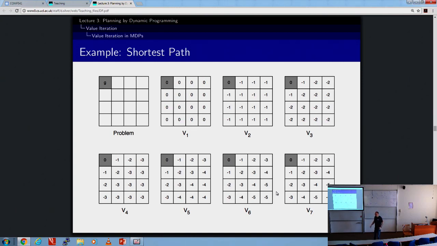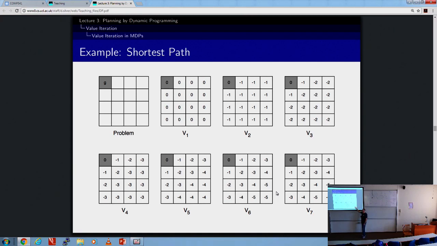When I take a max, that means I don't actually have to look at all my neighbors. I just have to look at my best neighbor. And if I'm in one of those -1 squares, my best neighbor is the 0 neighbor, right? So then I'm saying, okay, if I'm here, I'm going to take an action toward that goal state. That costs me -1. And then once I'm in that goal state, I'm 0 forever. So that's -1. I don't need to worry about all the other states. Okay? So if you keep repeating this,